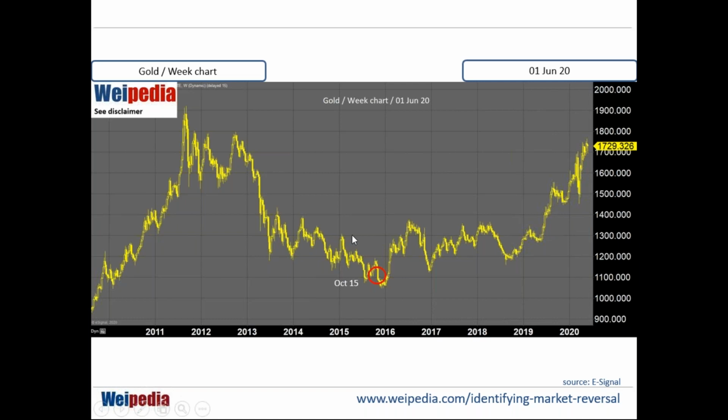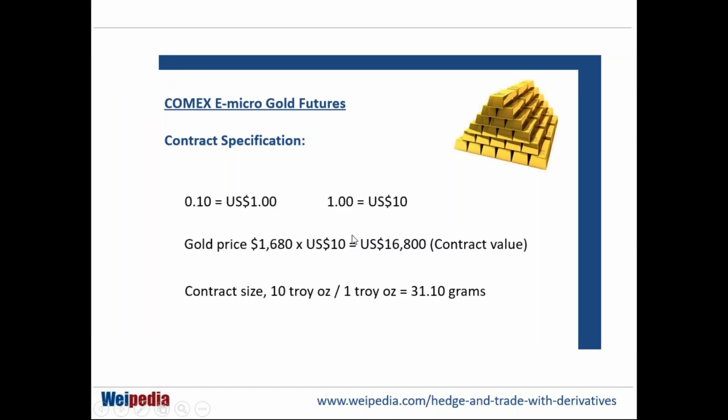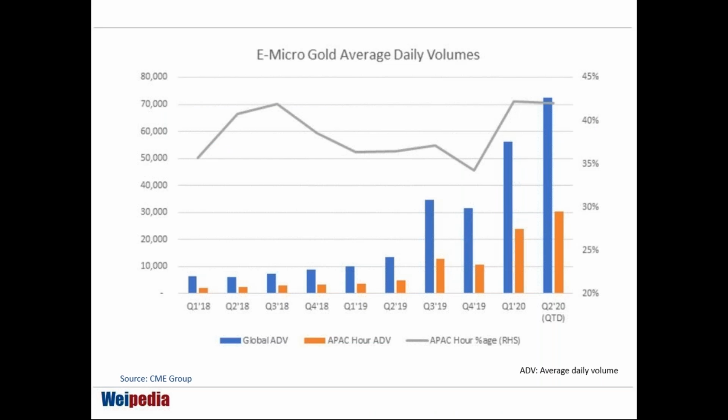Now let me present to you how it works. But before that, I'll share with you the micro gold. This is how it works. You know the steps, the contract specs, and there's a value. Every time you buy into a micro E-mini gold, there's always a value. Currently it is at 16,800. That's the full value of it. Now I'm going to give you the last part. You could see once again that in 2019 gold started to pick up, the volume and interest started to flow. So gold is ahead of time. In terms of the potential bear, gold is ahead of time.